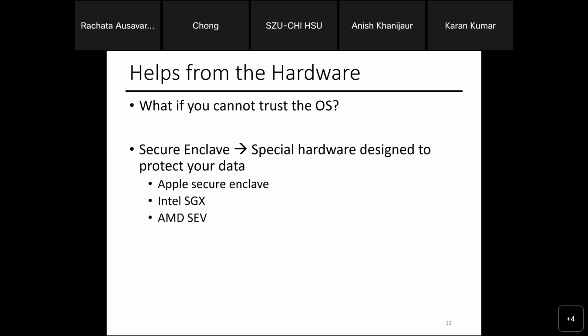Now, the secure enclave says: if you want to access this data, it has to be done through my hardware, because I don't trust anyone, including the OS. If the OS wants to use it, it has to use the hardware assembly calls. These are instructions that give another layer of protection. So we have Intel SGX, and AMD SEV works kind of the same way. It protects against the case where the OS is breached, or the OS has bugs that someone can attack. And now, okay, I still need to rely on the hardware.